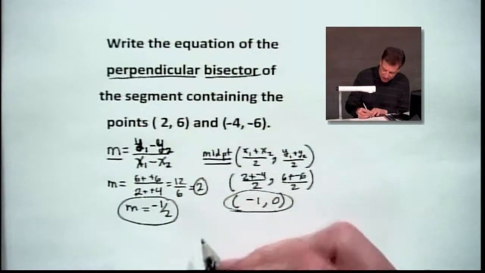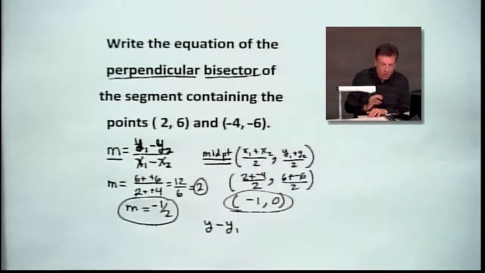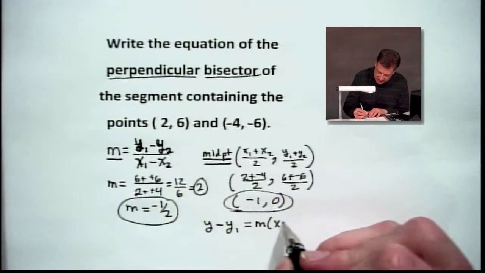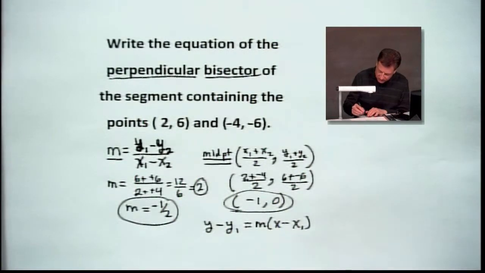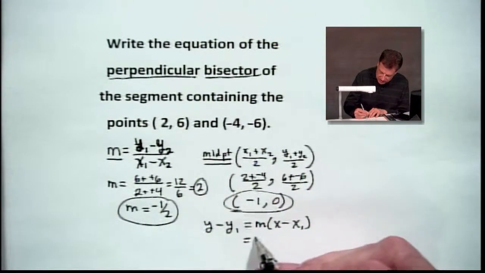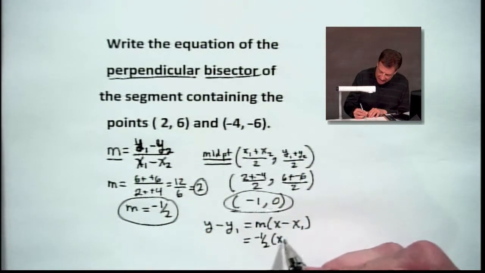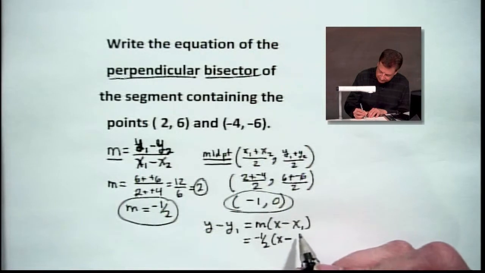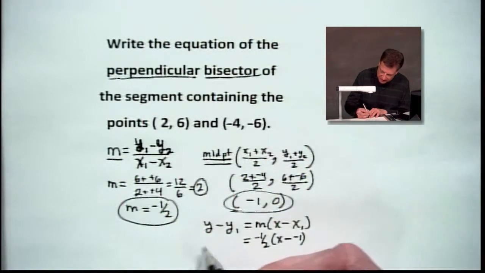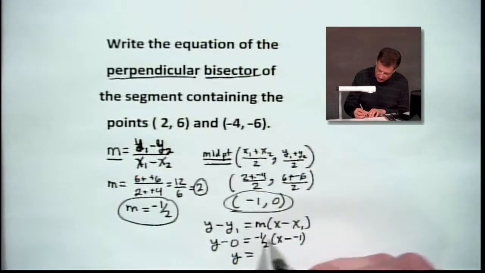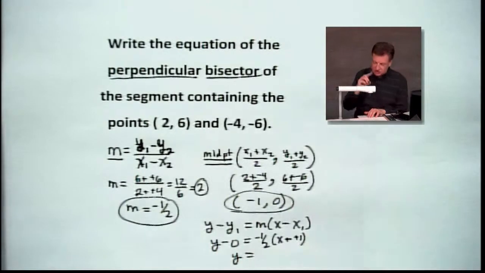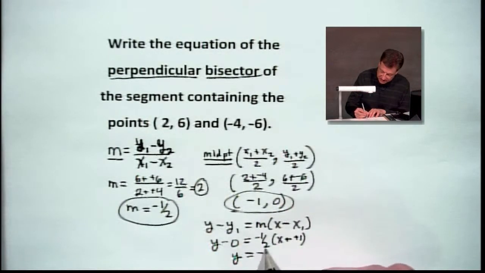Let's go with it. Point slope time, folks. Let's have it out. y minus y1 equals, you got it, slope times x minus x1. Oh, nice numbers. Thank you, Cassandra. We've got a -1 for x, so let's go with it. By the way, we know our slope is -1/2, so we've got x minus, what is it? Negative 1 over there. And over on this side, we got, oh, this is great, y minus 0. So we just got y by itself. Over here, we're going to distribute. Oh, change the signs first. All right, x plus 1. That looks like a negative 1/2 x minus 1/2.